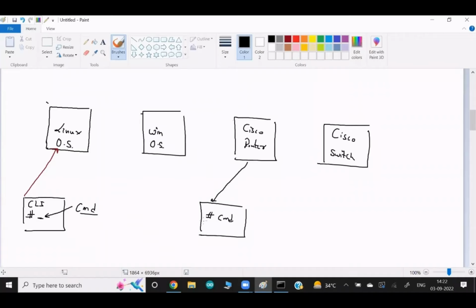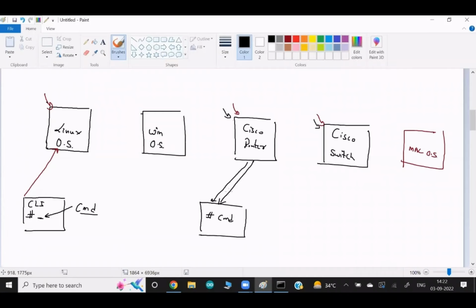But one thing that is common mostly in all the devices, it may be Cisco routers, Cisco switches, some other company's firewalls, maybe the Linux operating system, maybe the Mac operating system. One thing that is not always, but mostly common in all the operating systems and the devices, or maybe I can say the appliances. Appliances means storage devices are also known as appliances. So one thing that is very common or standard in the market is this: whenever you connect to their